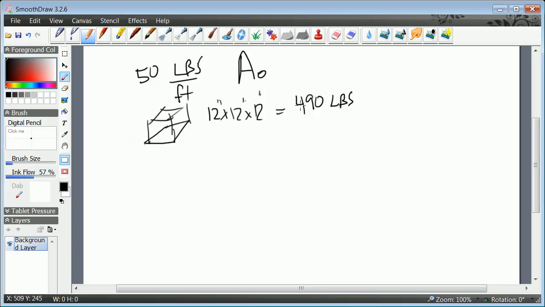And so if you realize that you have something that's 50 pounds, but it's still 12 inches deep, you can then do a ratio. So this division of 12 by 12, you can take that 490 divided by 12 and know that something that is 144 square inches is going to be equal to something like 490 divided by 12, which is going to be about 40 plus square inches. So if something is 40